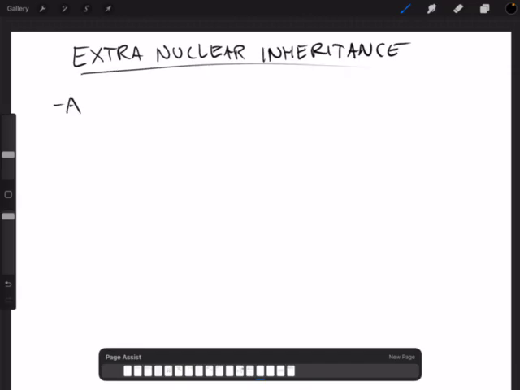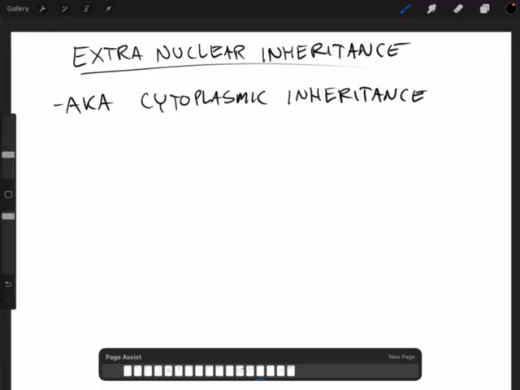This is also known as cytoplasmic inheritance. Okay, cytoplasmic. And it's caused by genes being found in mitochondria